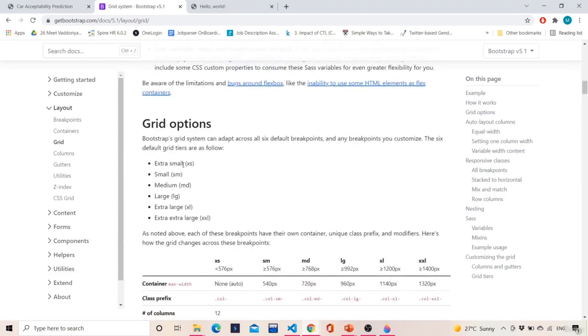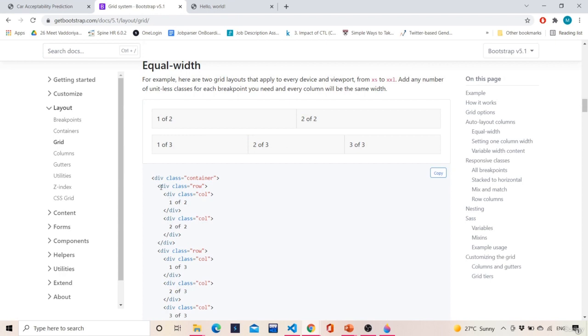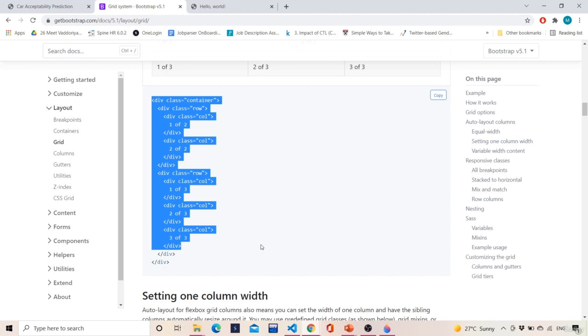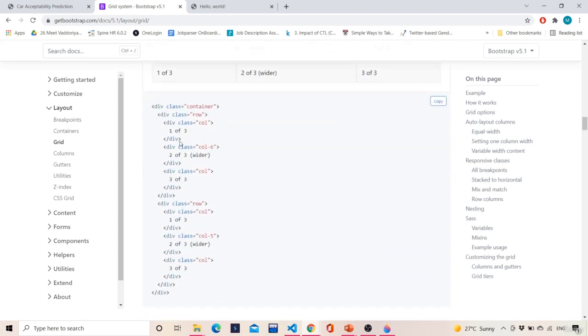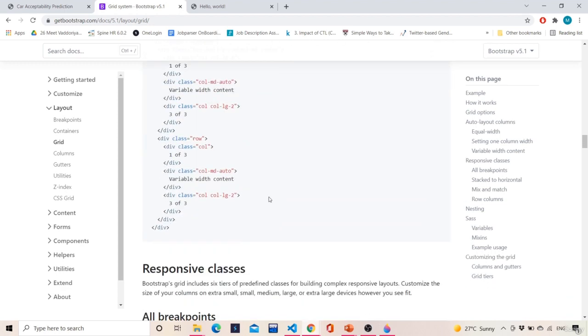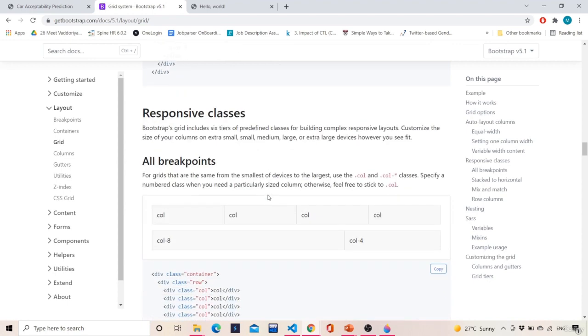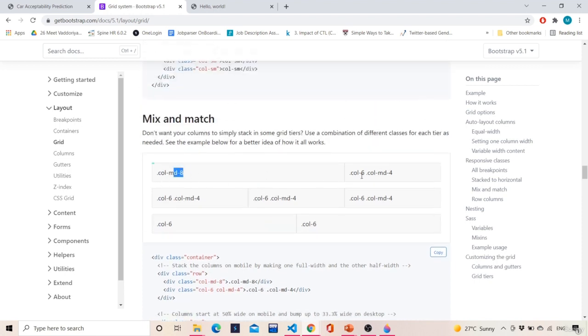Bootstrap is a really awesome framework for front end, and it takes hardly 10 to 15 minutes to just copy paste it and organize things, right? So over here, if you want 1 of 2 or 2 of 2, you can use this, or if you want 1 of 3, 2 of 3 or 3 of 3, you can use it in a combination. And then if you want some kind of variations in it, you can use these variations. If you want variable size length widgets, you can use this, and you can explore all of them. It's very simple.